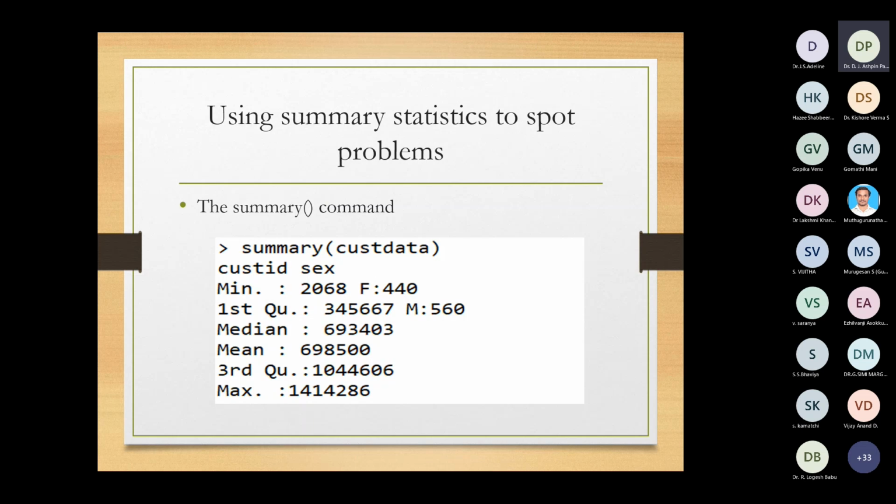So this is the customer data, another data set. It is nothing but the customer data. So it contains the information about the customer. And when you use summary of customer, we can see all these things: mean, median, third quartile, then maximum value, minimum value, etc. Right. So the summary command on a data frame will give you a variety of summary statistics on the numerical columns of the data frame. And it also counts on any categorical columns.